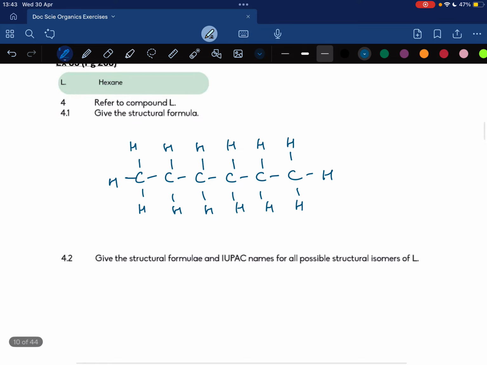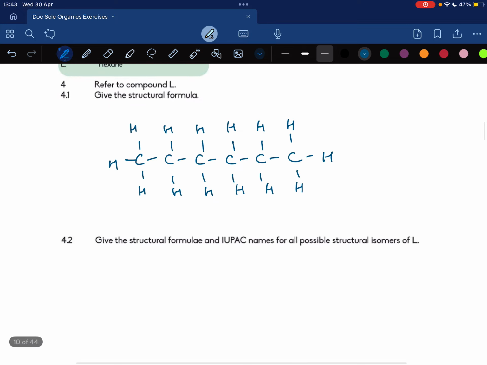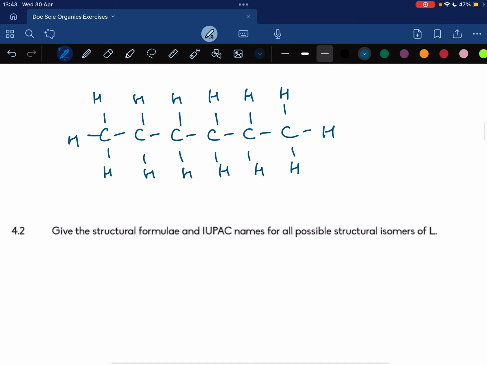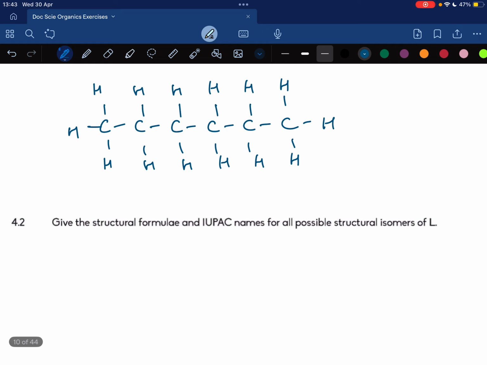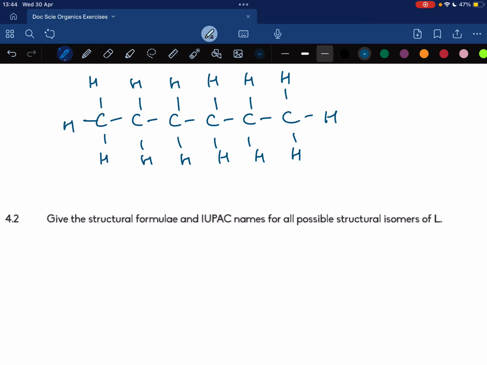If they want a structural formula, then we have to draw all possible structural isomers of L. So if we think about this, between the 3 isomers, you cannot change the functional group. You can't do a functional isomer. That would be impossible. And a functional isomer is only between